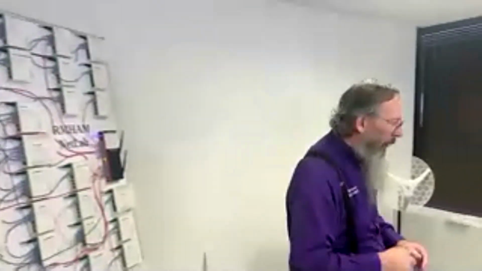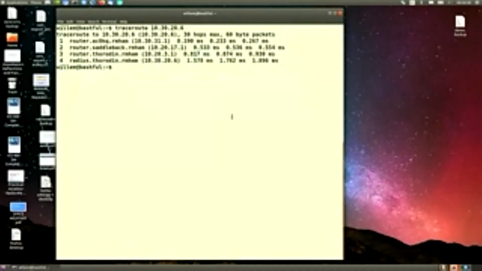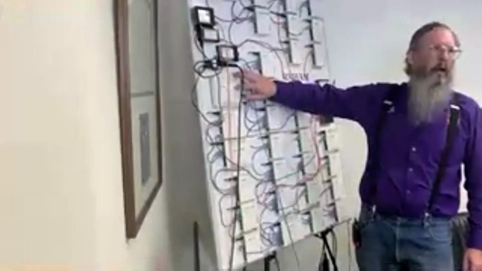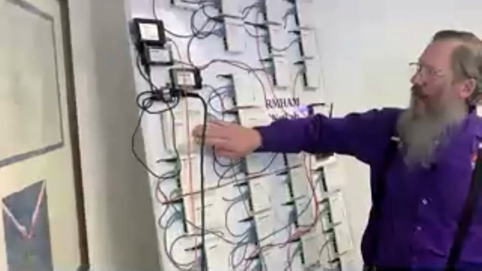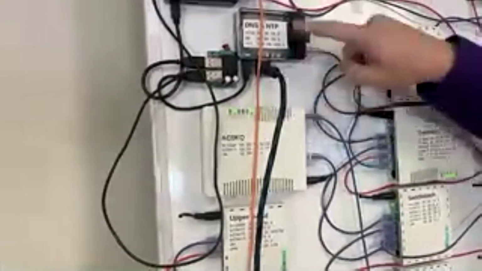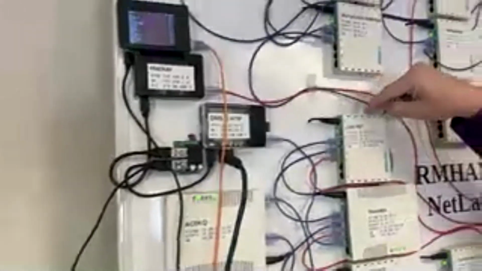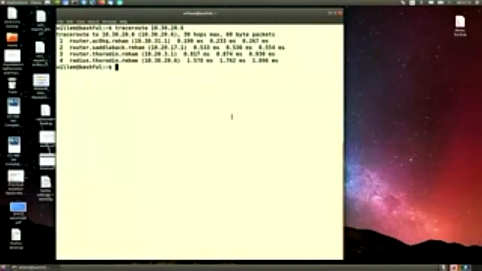So what I wanted to show you here is just something absolutely miraculous. My computer right here is connected by this blue wire that runs all the way around and then connects to this router up here on the NetLab. And I'll explain the NetLab in a little bit. But basically what I'm connected to is right here. And what I want to do is talk to this device right there that's plugged into this router over here. So what I'm going to do, if you can switch to my screen again, is basically say